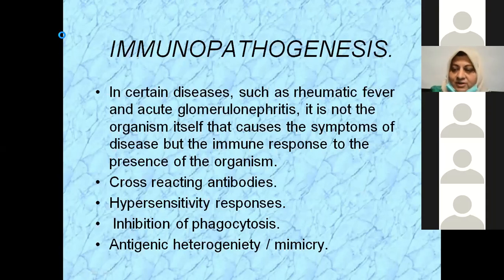Then hypersensitivity responses are also harmful. Sometimes inhibition of phagocytosis occurs, and sometimes antigenic heterogeneity occurs, where the antigen resembles the cells of the body itself. So the immune mechanism starts attacking the body's own cells. So we will do this